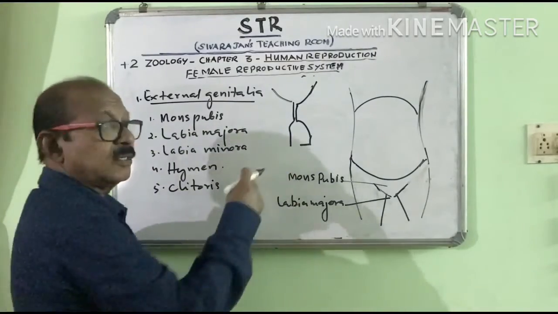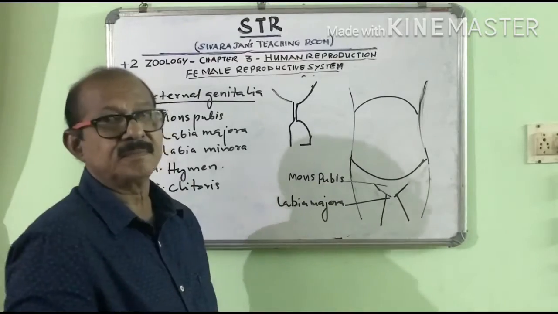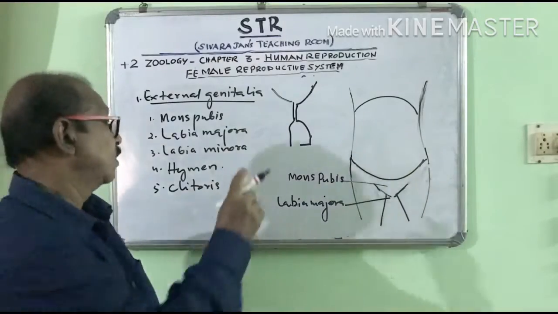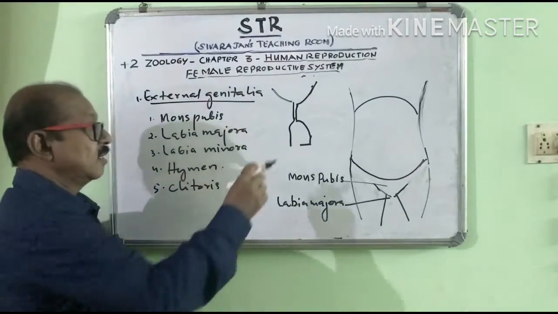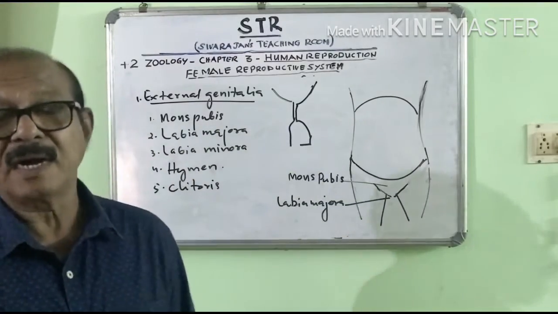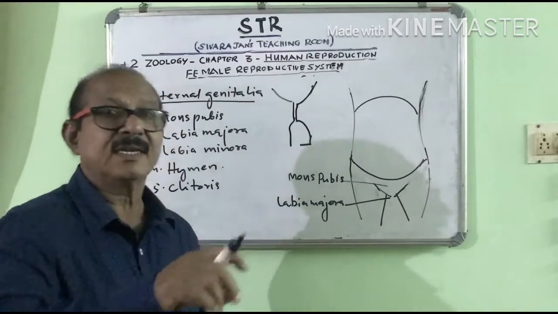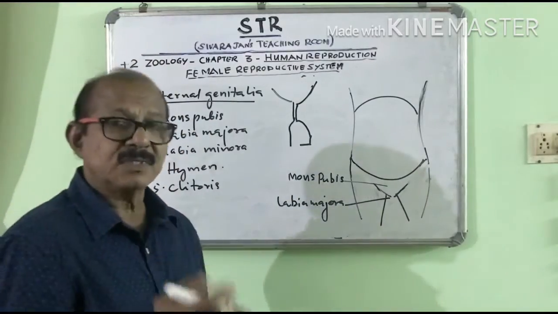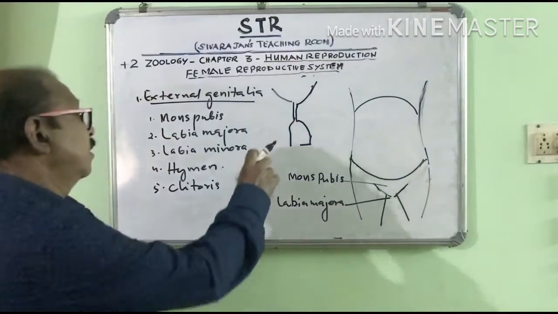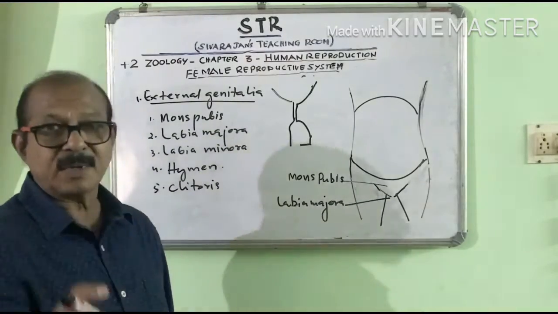this will be torn or broken away. This will be removed during the first coitus. Coitus means sexual intercourse. So during the first coitus, the hymen will be removed. It will also be removed automatically if the girl is engaged in athletic activities, sports activities, swimming, cycling, etc. If the girl is engaged in these activities, the hymen will be broken automatically.